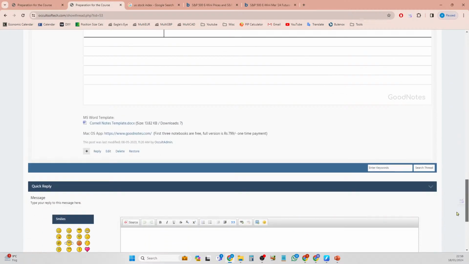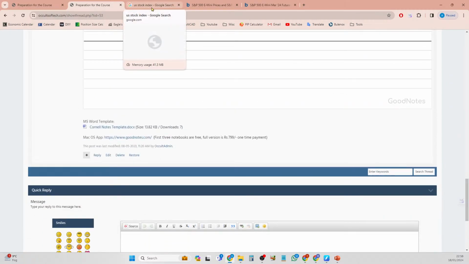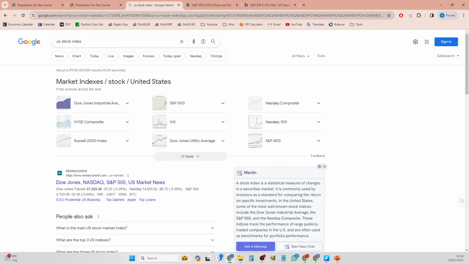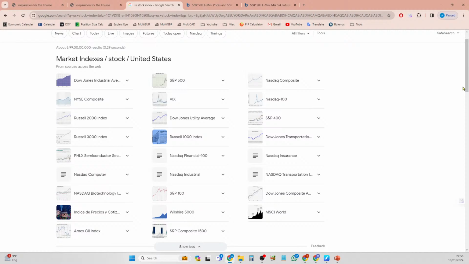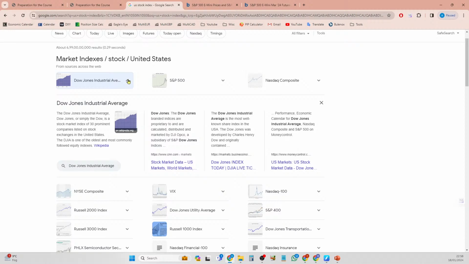Now let's start with the index futures part. So when it comes to index futures, it's built of two words, index and futures. So before getting into futures, let's understand what index means. So here we have a Google screenshot, basically a Google page giving out what US stock indexes are. So there are a lot of indices that are actually present in the United States stock market. When you click on this, you will see what it actually means.